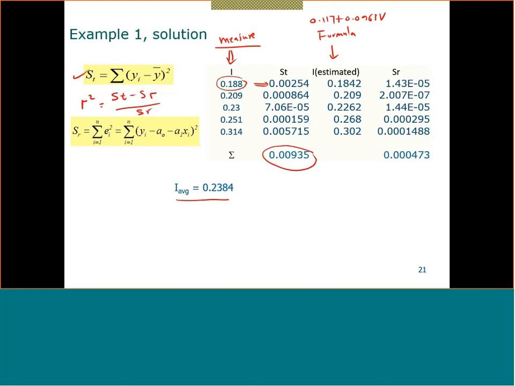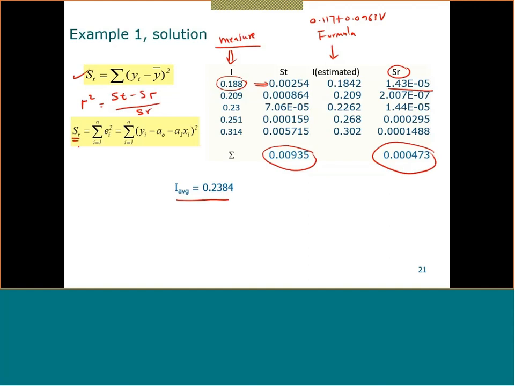Now, S of R is the difference between, again, the measured value and the estimated value. So this number is nothing but 0.188 minus 0.1842, all squared. So you get this number. So this minus this, all squared, you get this one. Take the summation. This summation is your S of R. Now, once you have found S of t and S of R, you will find your